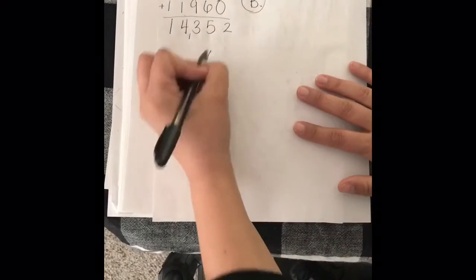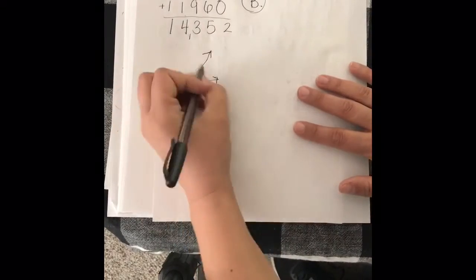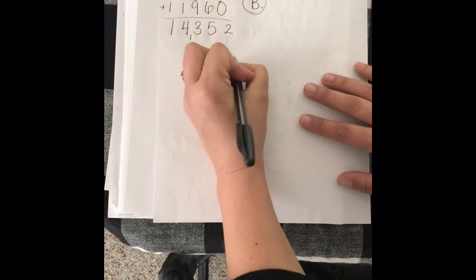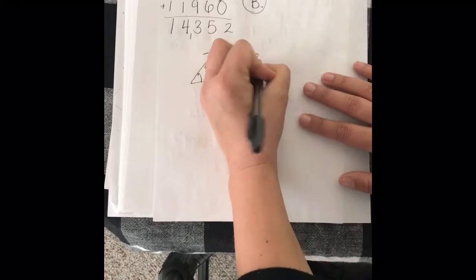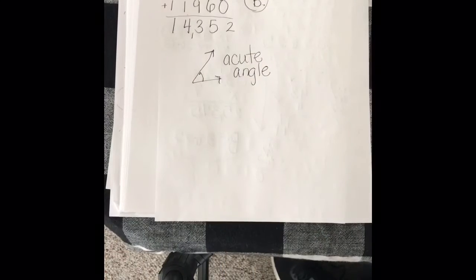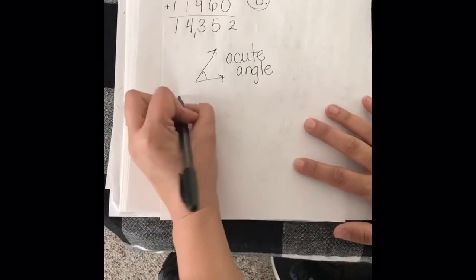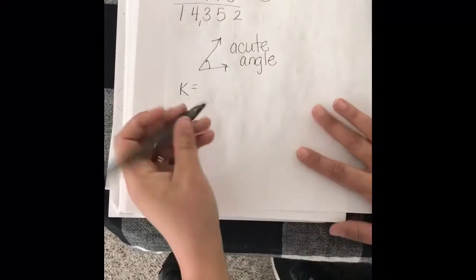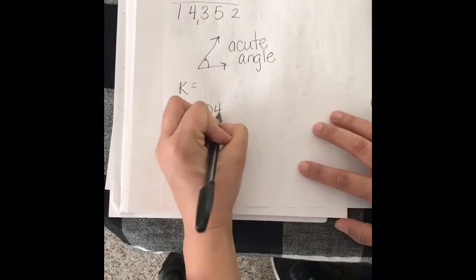The next question, name an angle that is less than 90 degrees. So I'm just looking for you to tell me anything that's smaller than 90. What I'm really looking for is that you were able to say that it's an acute angle. Here we go. Our next question is finding the value of K. So what does K equal? We have 800,